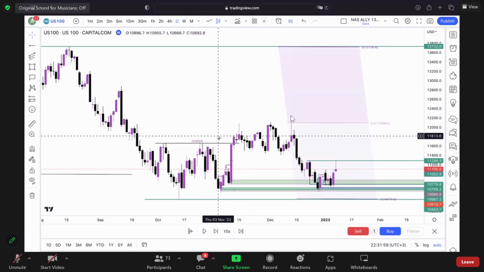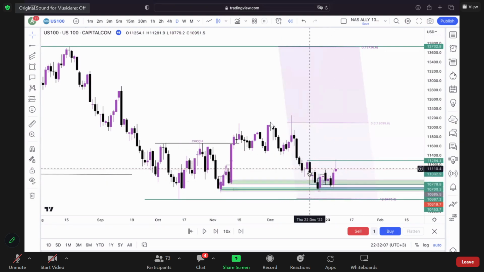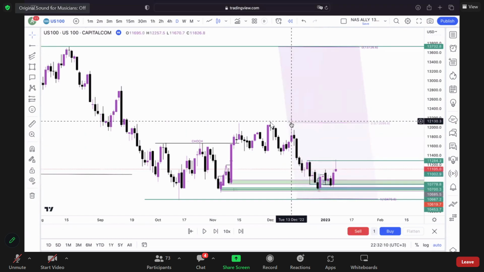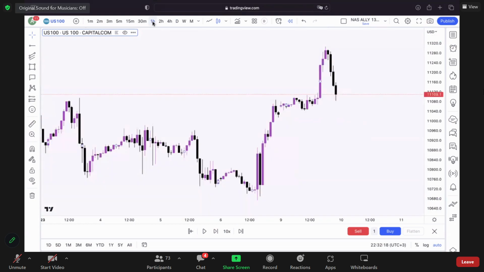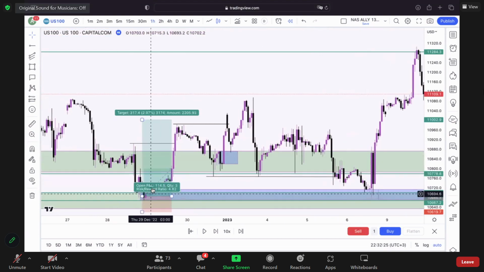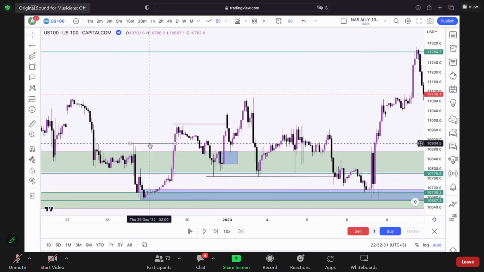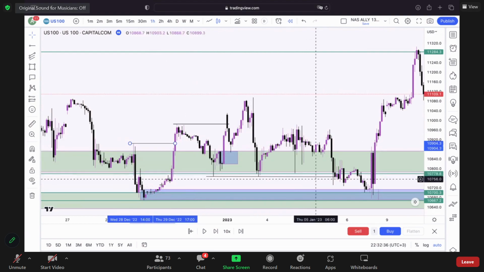Because we've had our change of character and now the market has given us an opportunity to get involved. So the first take profit, even on the daily, would be up top here at this previous high, where we could see some resistance coming down again. But now if we go back to that 1 hour time frame, notice how the market gives you an opportunity to enter, minimizing that risk. So now instead of just entering off of your order block, like we spoke about with the risk entry, we've now got a change of character followed by a break of structure, liquidity to be targeted, order block sitting